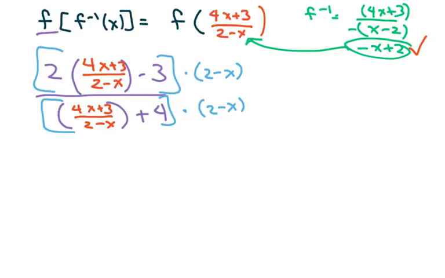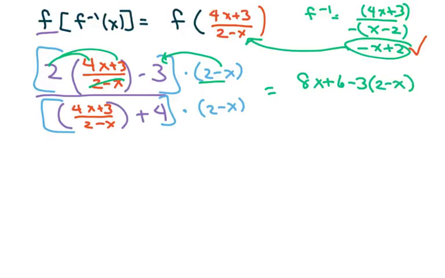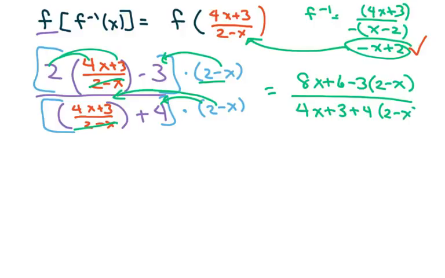And what happens is this is going to cancel with that. So I'm going to go ahead and distribute here. That's going to be 8x plus 6 minus 3, and then we have to distribute that. This will be 2 minus x. Over, same thing, this is going to cancel. So you're going to get 4x plus 3 plus 4. That was that part, and then you distribute 4 times 2 minus x. And simplifying more, that gives us